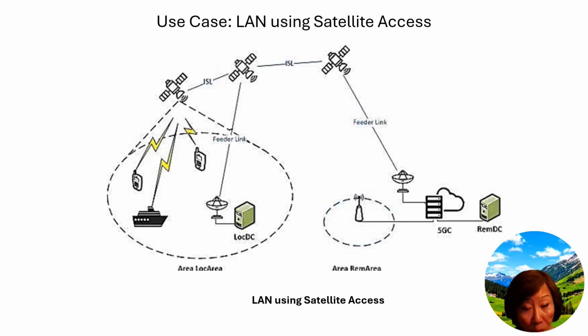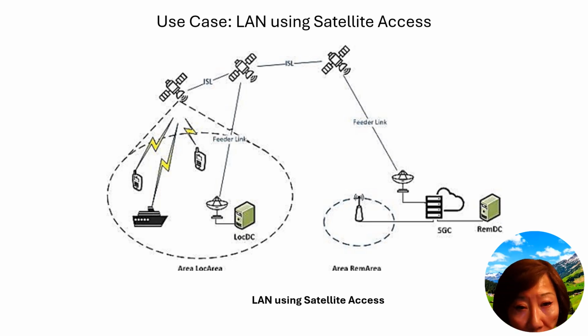It contains a ship or a boat, because it's kind of small, a boat, likely representing the expedition vessel. We also have multiple mobile devices representing the explorers' equipment, and a satellite dish for local communication with the satellites. The LOC data center, short for local data center, is a green box. My picture has the color green, but the slide does not show it very well. The LOC DC stands for local data center, a green box representing the local scientific research station's data center.